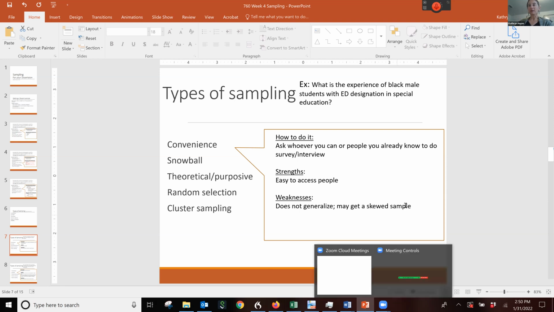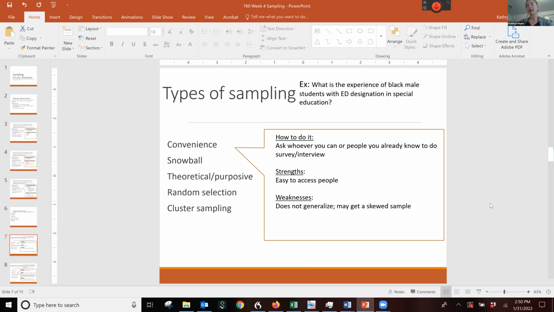But be aware in terms of weaknesses that this might cause some problems. You're going to get what we call a skewed sample. This sample is going to be kids of friends of yours, right? So they're going to have a certain kind of experience. They're not going to be like all the kids that are designated ED, okay? Now, I would definitely not recommend a convenient sample, by the way, for your dissertation. It's a little bit too